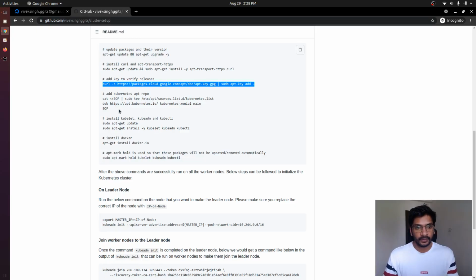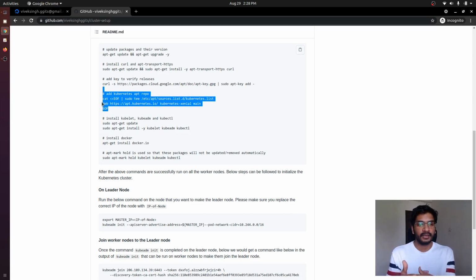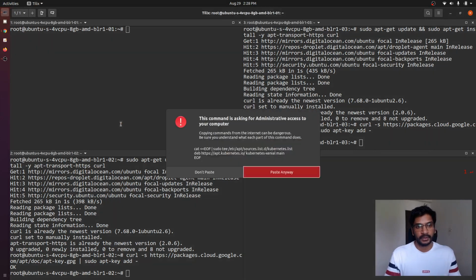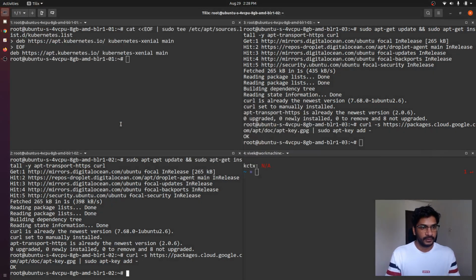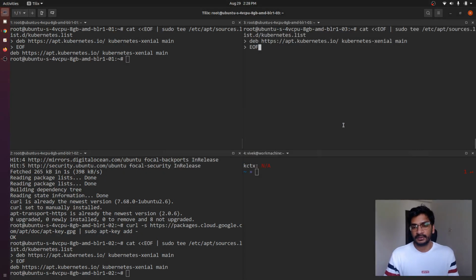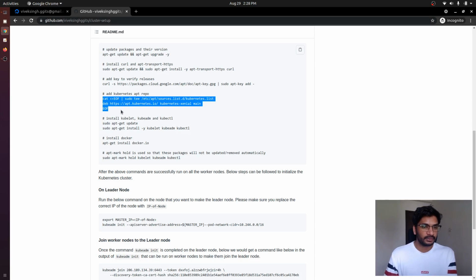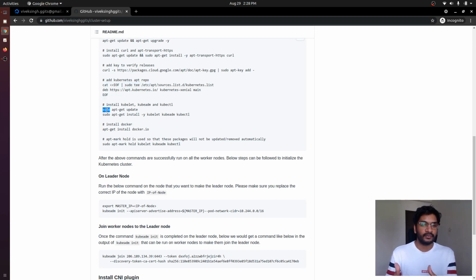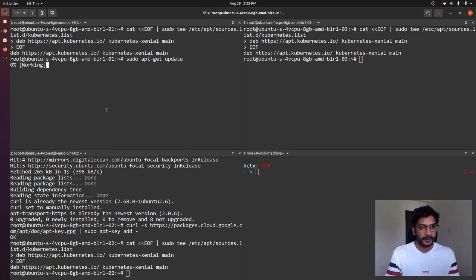For example, if you are aware of Helm, when we try to install a release, we add a Helm repo. I think that is what is being done here. So we will have to specify where those dependencies are available, and as soon as we have specified these,